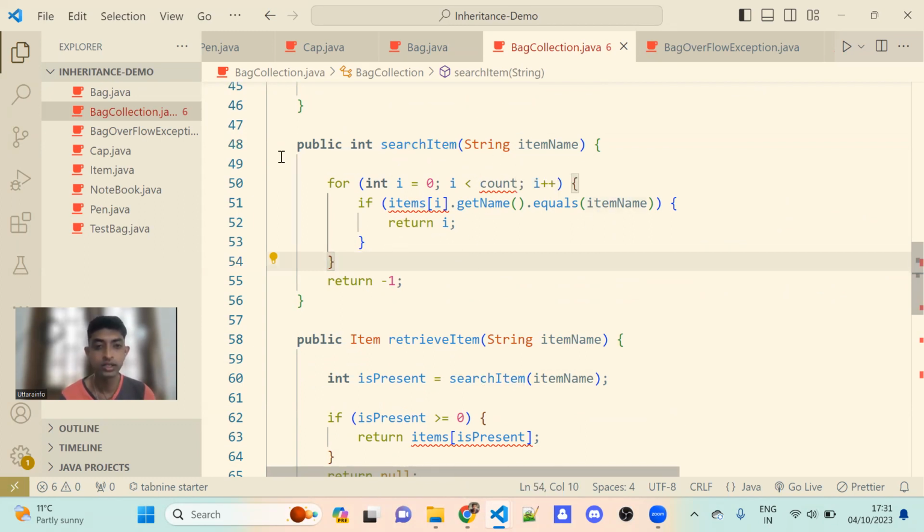Then we used to return the index of that particular item. Now what should we do using collections? Contains. Yes, correct. Good. We have a method called contains. It will return a boolean, but if I want to return the index,